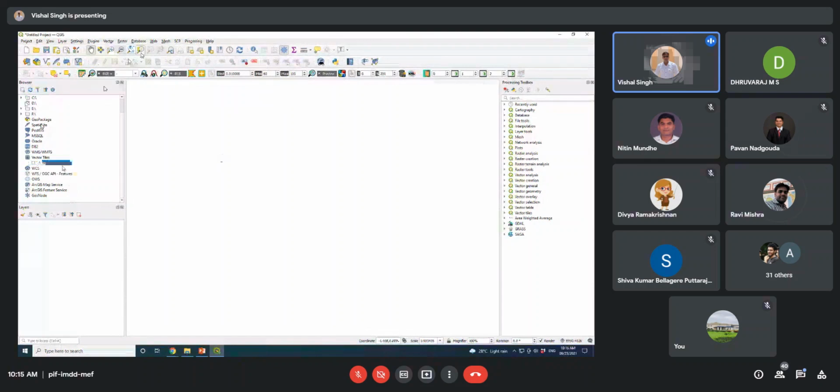In the browser window on the left-hand side, just below the panel, you can see the browser window where you can locate your C, D, E, and F drives. Below your drive information, you will see the option XYZ tiles.